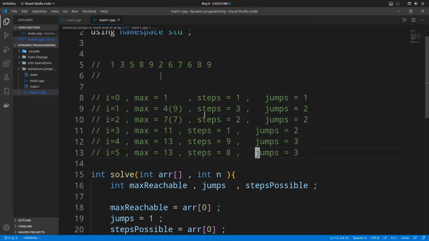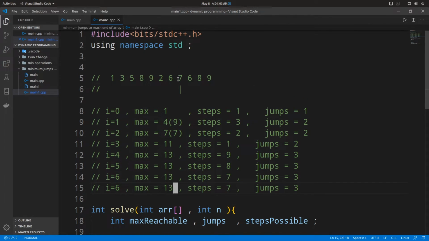remain the same. Okay, as you can already see, this will continue further, and our max reachable index will go on staying the same value, because this is the maximum that we can reach. And when we reach the element 7, then we recalculate the maximum reachable index, that is 7 plus the current index, that is 7. So this will turn out to be 14. 14 is greater than the previous max reach, so we update max reach. Okay, number of steps we decrement.